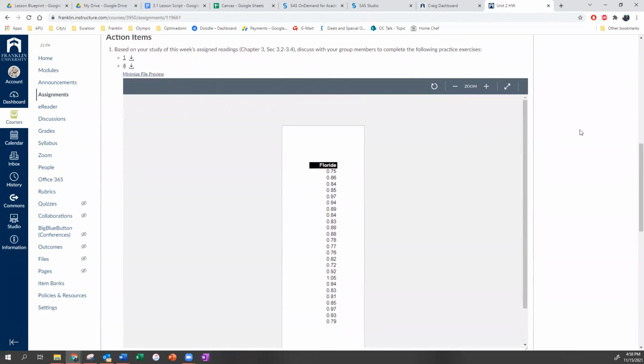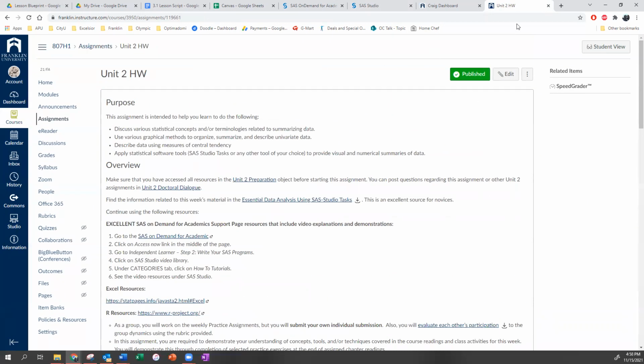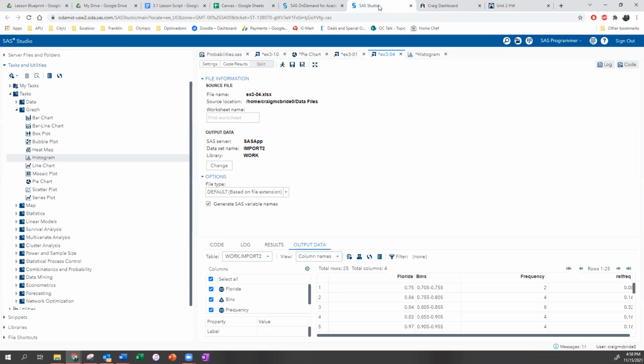It's not going to have all of my extra stuff. My extra stuff is only if you go through our Google Drive. So, a question on that: when I pulled it up, I'm looking at what I put into the homework document, and it has a relative frequency on the interval ranges in the bins. That's because I created these.